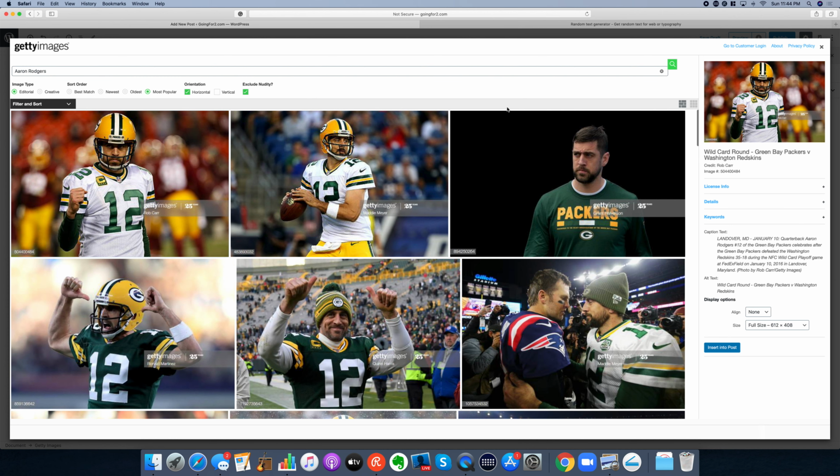You select this one right here. You have your options over here to align it to the left, align it to the right, align it to the center. I typically leave it as none. The only trick here is that you can't leave it at full size. Full size is a paid feature, so you can change it to scale down if you're going to keep it on its line by itself. If you're going to do it justified left or justified right, you can go down even further and make it smaller so it fits on a mobile screen. But usually I just do this one right here. Click insert into post,